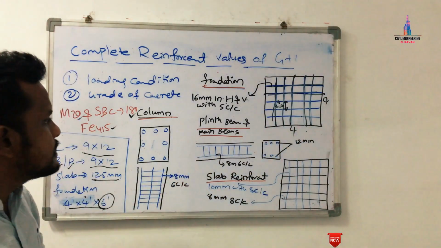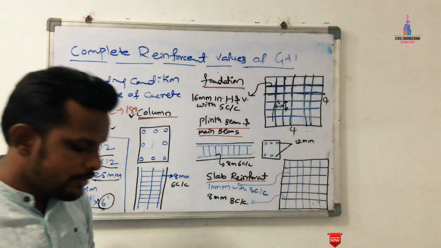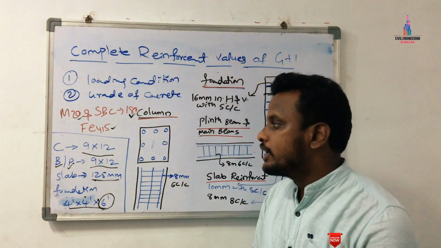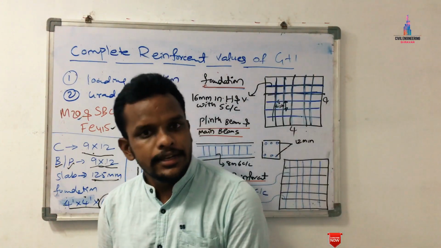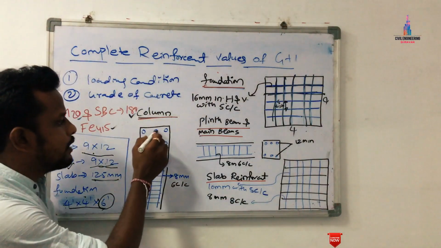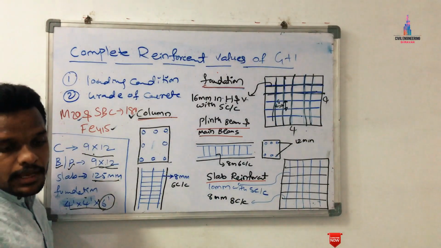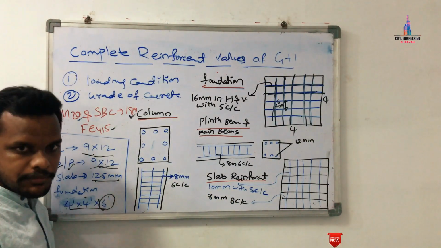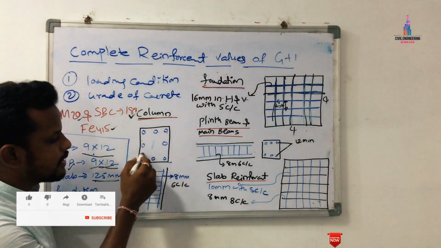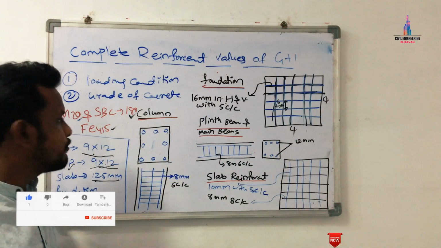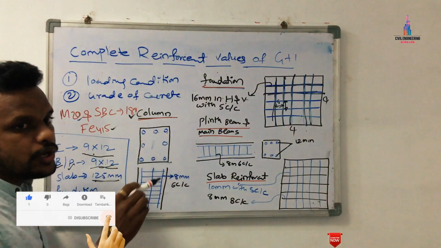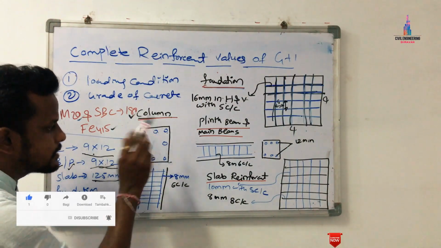Next is the column reinforcement details. For construction of any building of the G+1 model, it is sufficient to use 6 bars in the column, with 3 at the top and 3 at the bottom. But for the safety of the structure, most people take 8 bars, which is why I was taking 8 bars here. As per the design considerations of M20 grade, 6 bars are sufficient, but if you want to increase the safety of the structure, we will provide another bar.